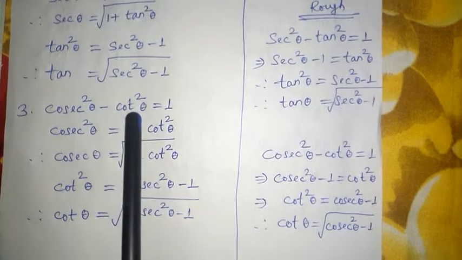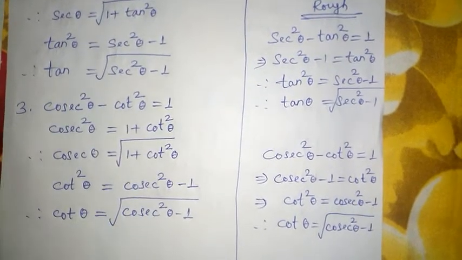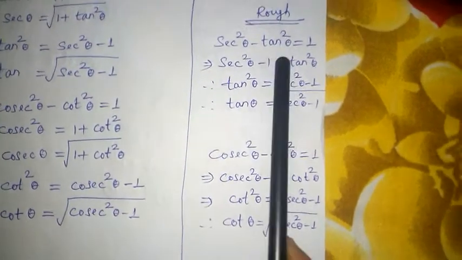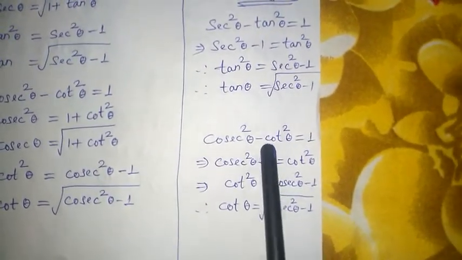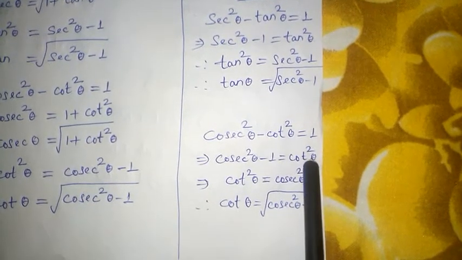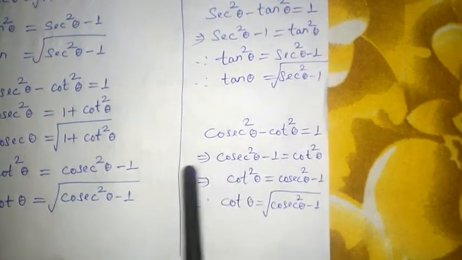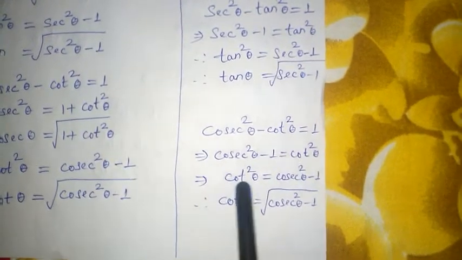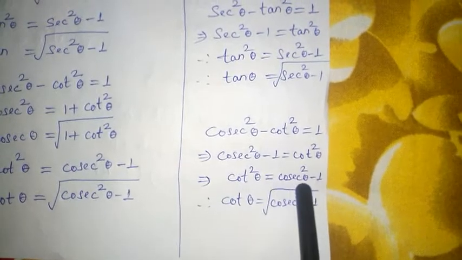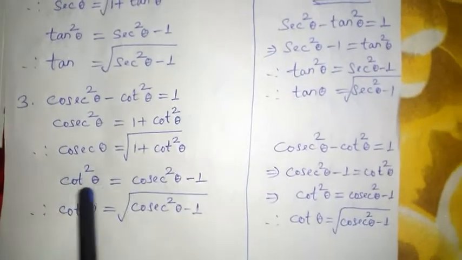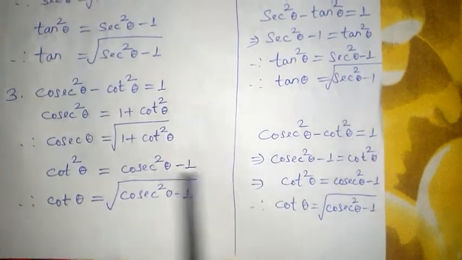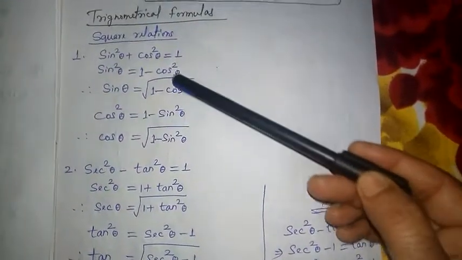Now similarly, if you make cot square theta alone, but there is minus here and you need positive, do the same thing as before. Take the minus cot square theta to the other side, it will become plus, and bring this 1 to this side, it will become minus, and this is the result. Interchange it, take right to the left and left to the right, and you get cot square theta equals cosec square theta minus 1. And if you remove the square here, you get a root. So actually there are 15 formulas. 1, 2, 3, 4, 5.